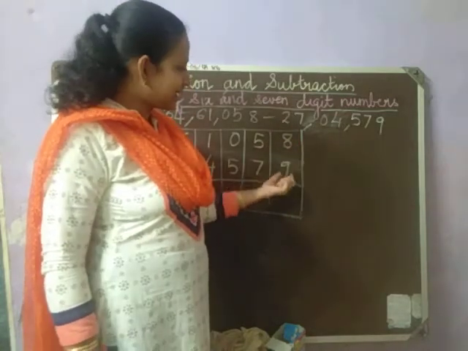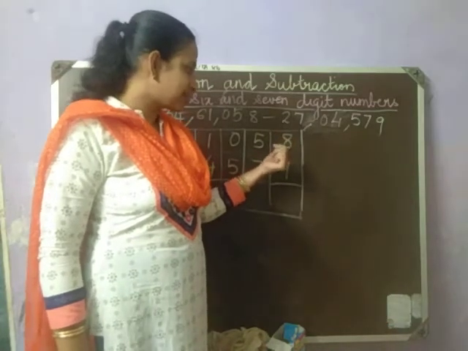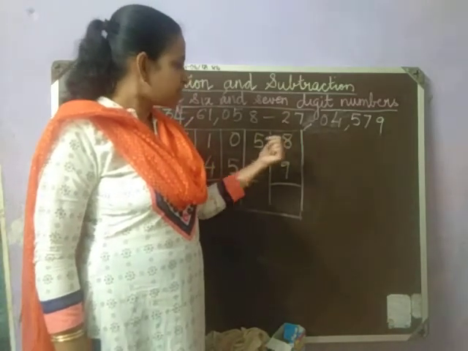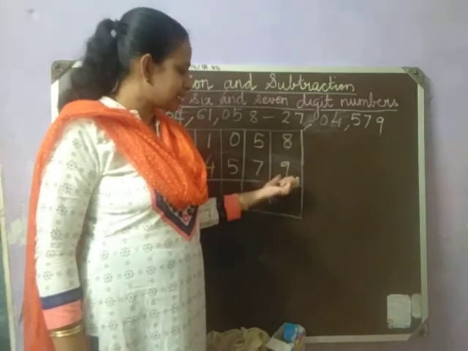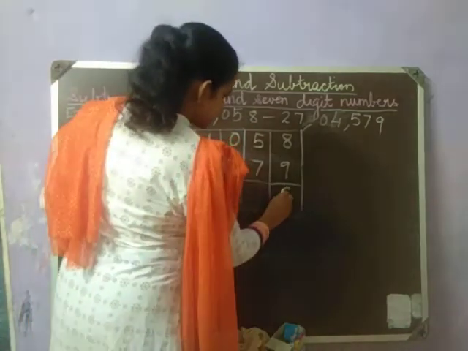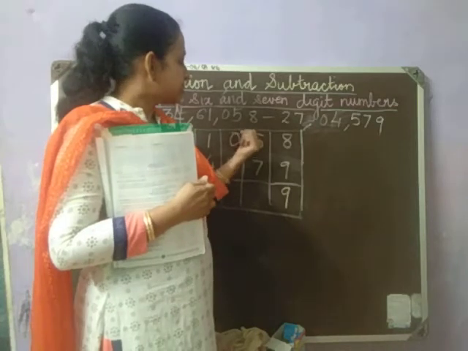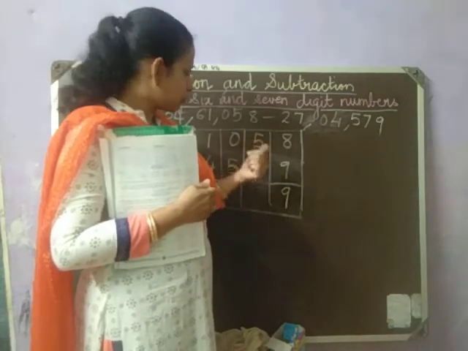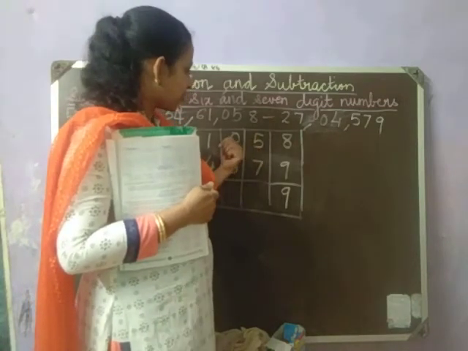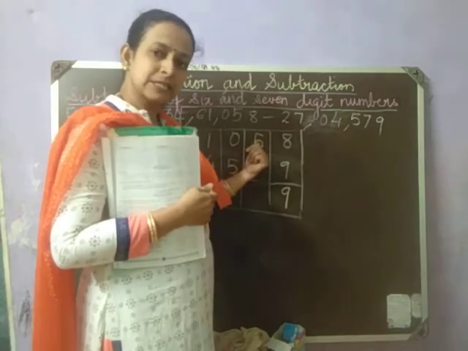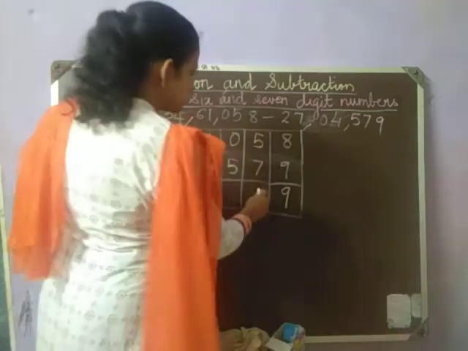Of course here 9 is bigger as compared to 8. That means we need to borrow from here. Once we borrow 10 from here, this will become 18. So 18 minus 9 is nothing but 9. Correct. Now since we have borrowed one from here, this becomes 5 minus 1 equal to 4. So 4 minus 7. Can we do 4 minus 7? No. So we need to borrow again from this side, and we get 14. So 14 minus 7 becomes 7.